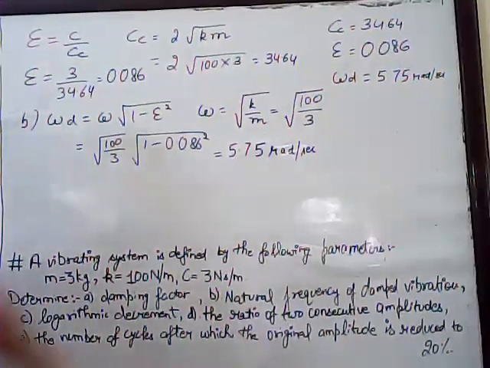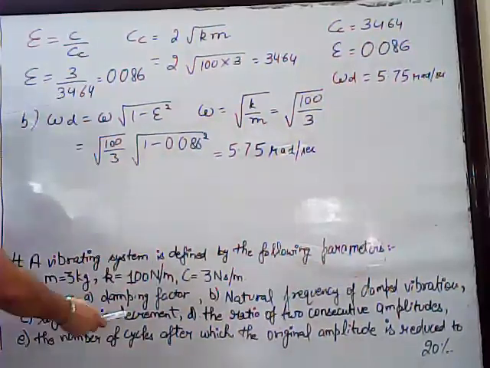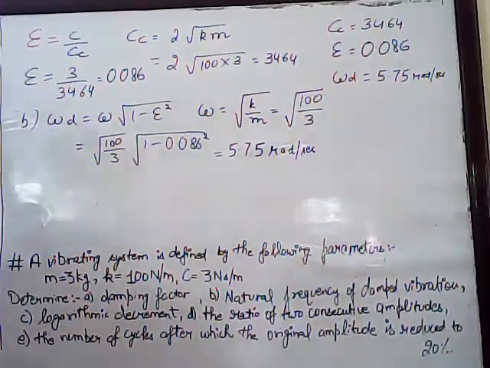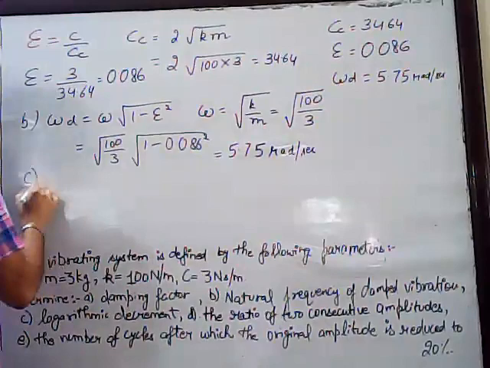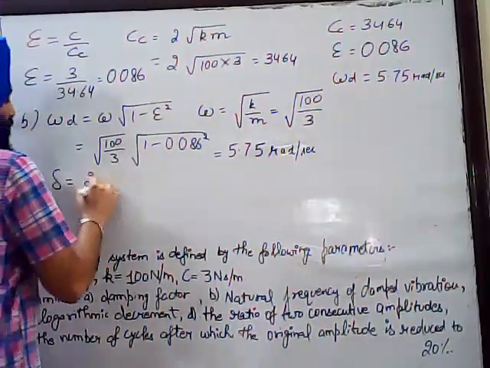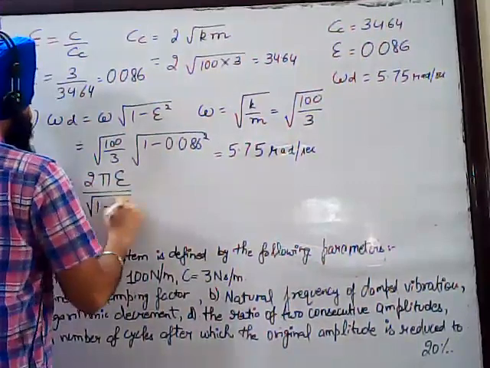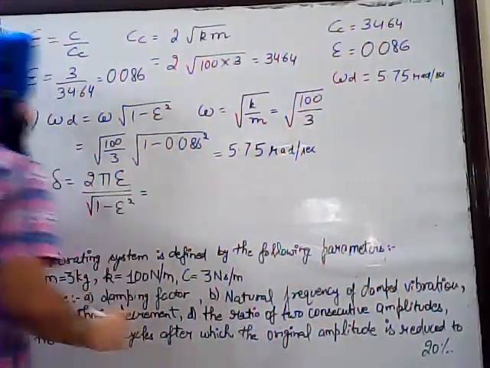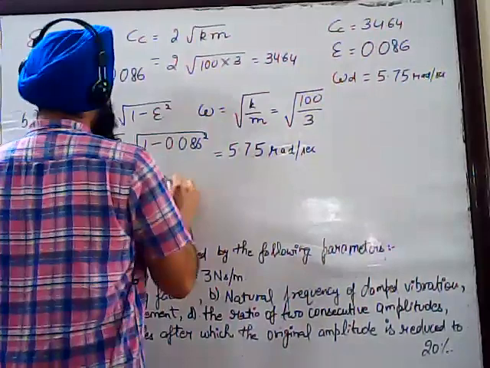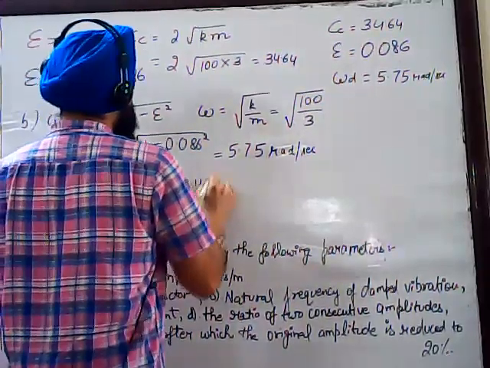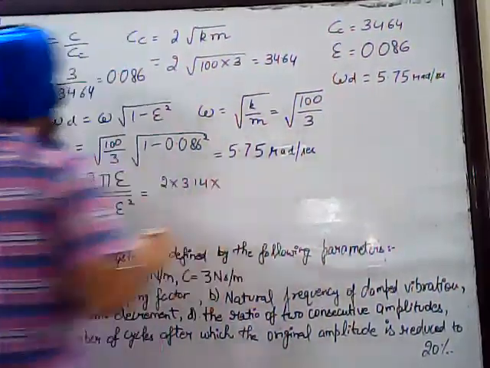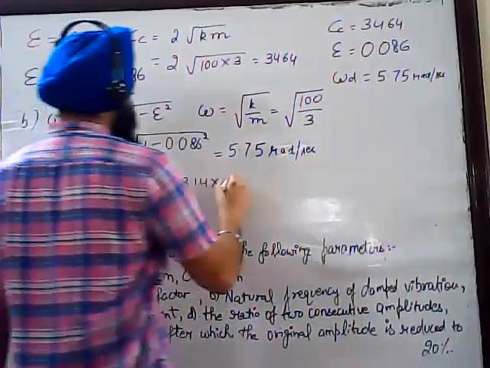So this is our second answer, natural frequency of damped vibration. The third one is logarithmic decrement. We know that logarithmic decrement is denoted by delta. Delta will be equal to 2 pi epsilon over under root of 1 minus epsilon square. So this will be equal to 2 into pi. The value of pi is 3.14 into epsilon. The value of damping ratio is 0.086